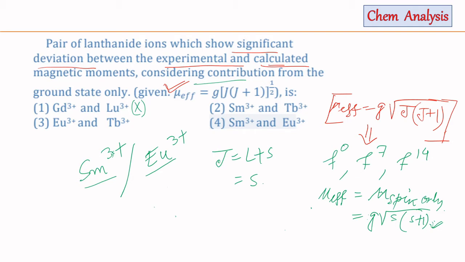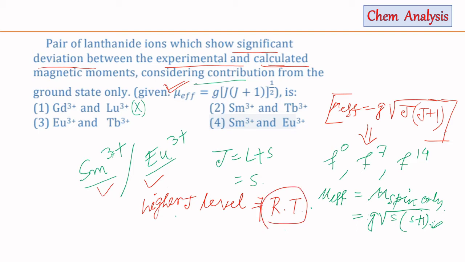You will observe that only for these two lanthanide elements in the +3 oxidation state, due to filling of the higher J level, due to increase in the population of the higher J level at room temperature, that is, the electronic population at the higher J level increases, and that occurs at room temperature, and therefore